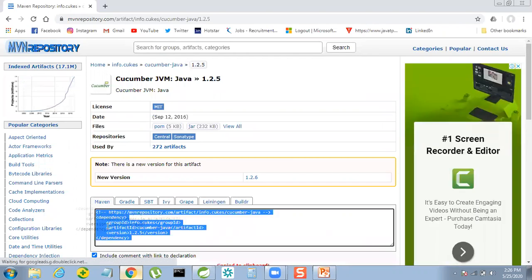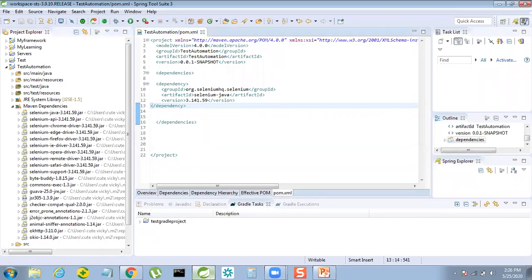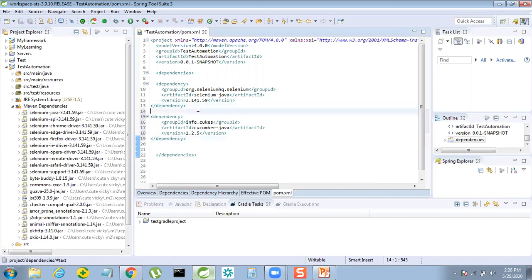So copy that particular dependency, go back to STS, and immediately after the first dependency, place this and press Control S. So your project is building again, and you can see the percentage progress at the bottom. Okay, so it got completed.